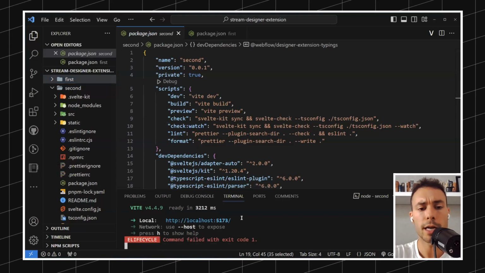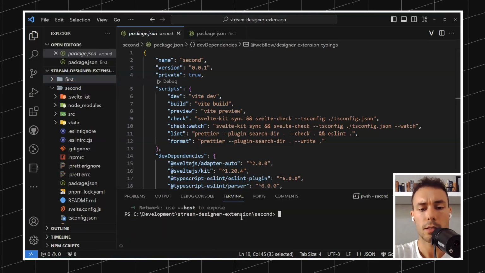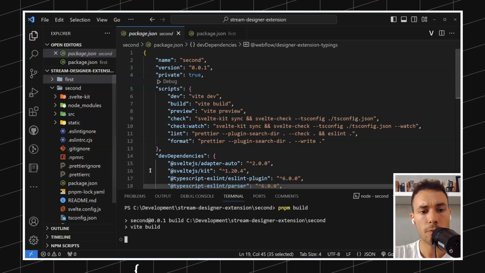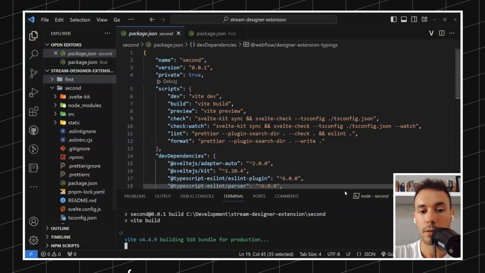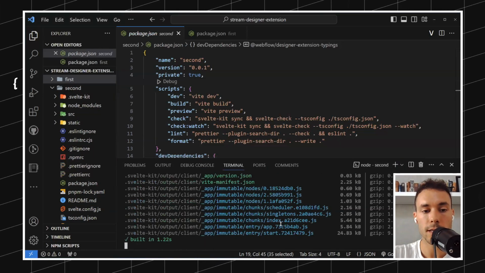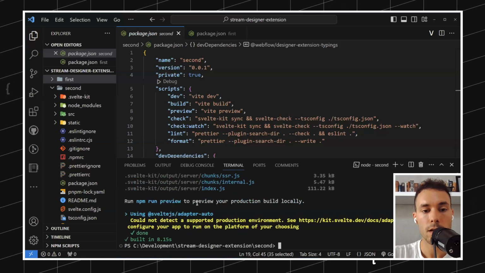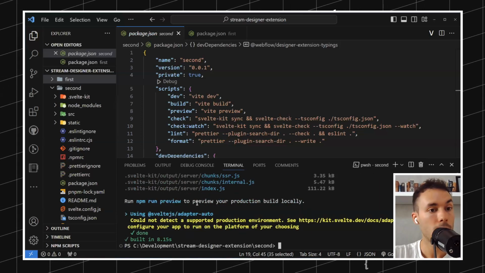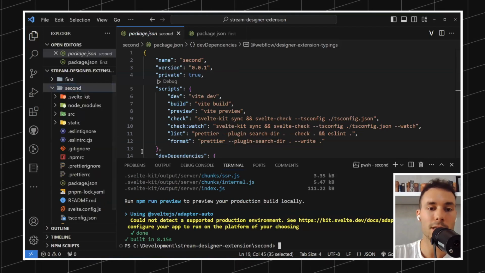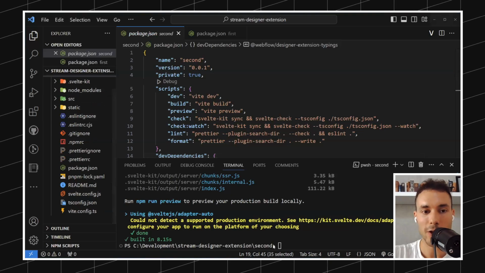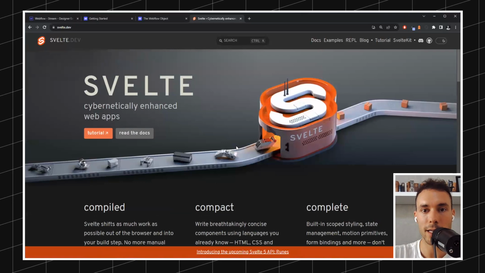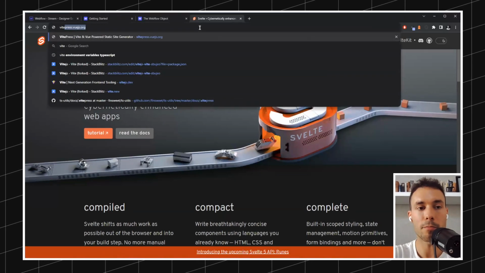let me just do a quick build. So if I do pnpm build like this, you will see that the output of the build app, come on, why is it taking so long? Oh, shoot, I did a SvelteKit project, my bad. Okay, hold on a second, because I spun up a SvelteKit project. I didn't want to do this. I wanted to use the Vite